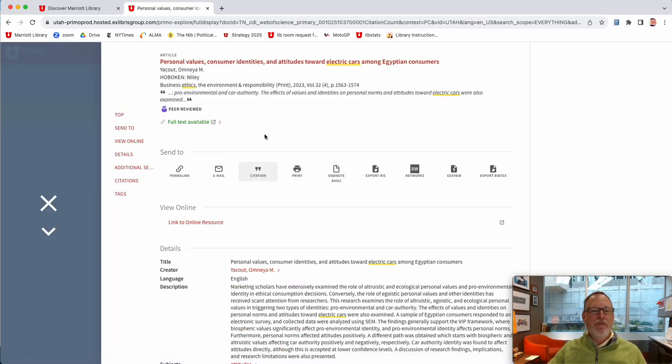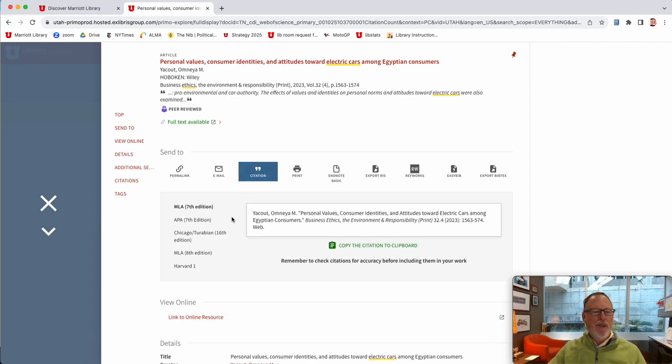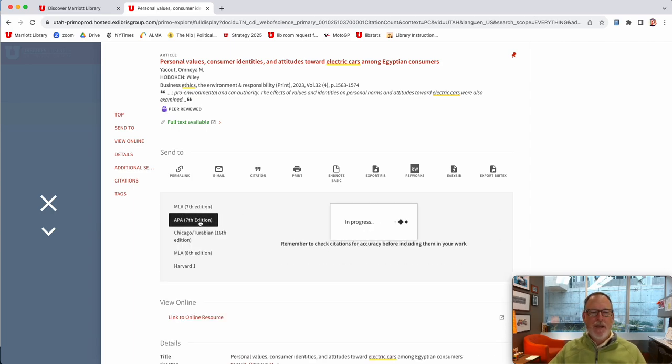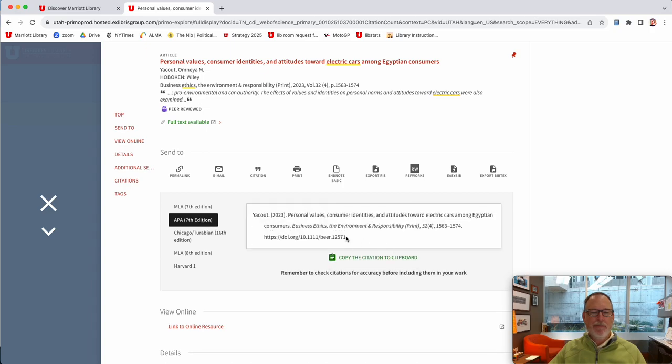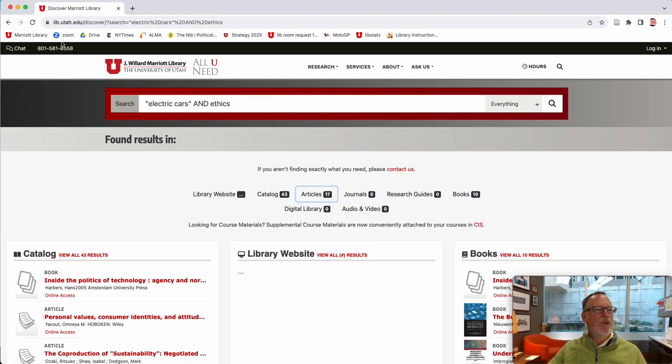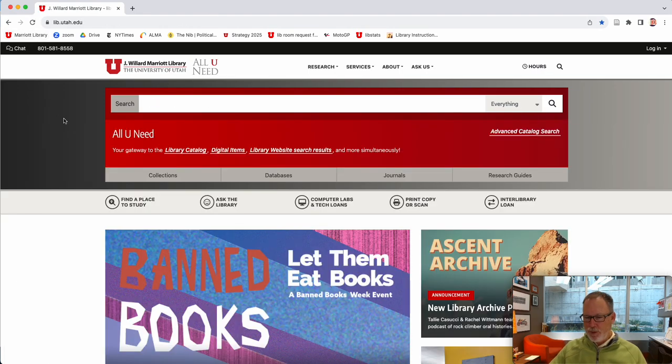When you find something, you can email yourself the article or a link to it, but you can also grab a citation. I don't know if this is something in the library assignment. But there, if you click on APA, if I was just to copy something, maybe that would be like a citation generator. This one actually looks like it's correct. Usually they're not. They're missing something. Okay, library catalog. That's the first big thing that you should know about, because you can find articles, books, book chapters, textbooks, etc.